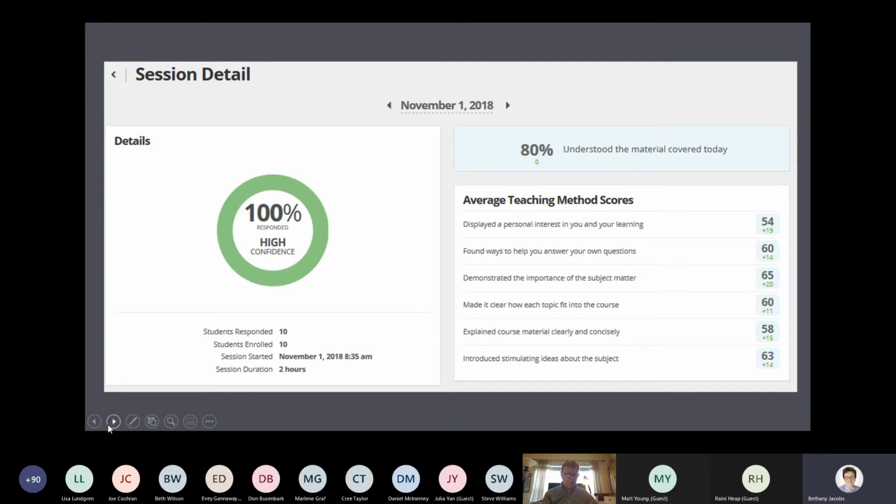What we also see there is that 80% of students understood the material covered today. That's pretty good. That's good information. And then for each of the individual teaching methods, you can see on a T-score, which I believe ranges from 30 to 80, although I apologize, I'm not entirely sure of that. You can see where students fell on these individual